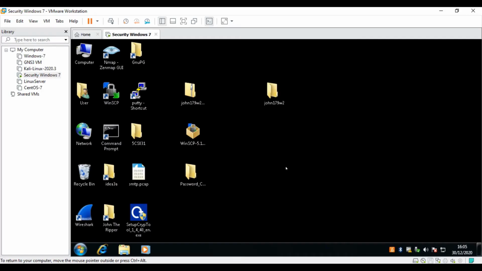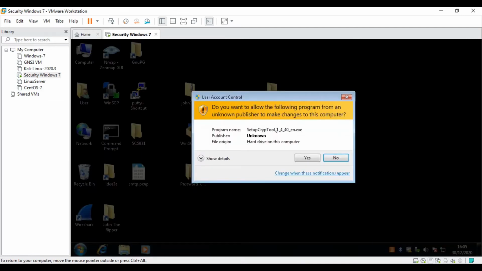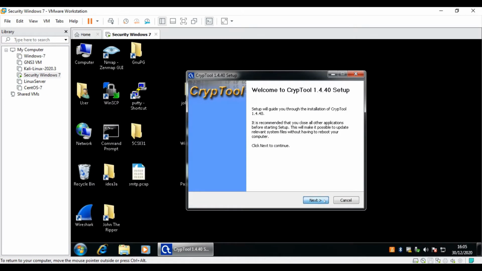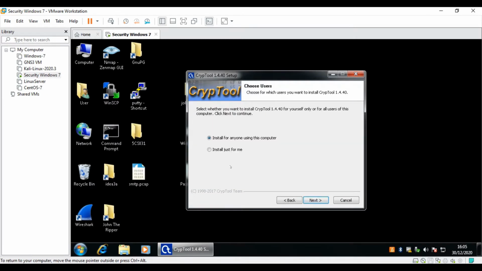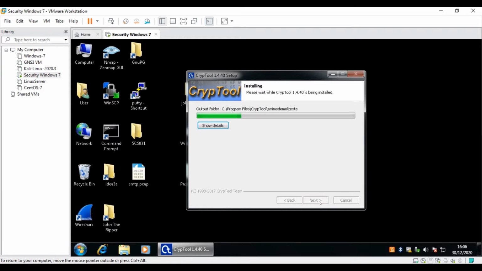First, we can download the setup for the CrypTool 1.4.40 version from the link given in the description. I have already downloaded that setup. Then I will double click it just like normal software, and it installs. I click next, agree, and for this computer. It's very simple and very easy to install CrypTool.